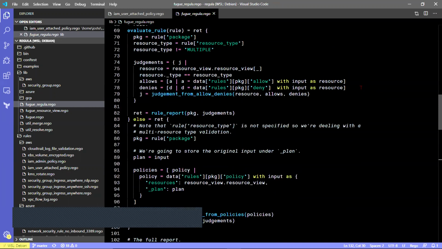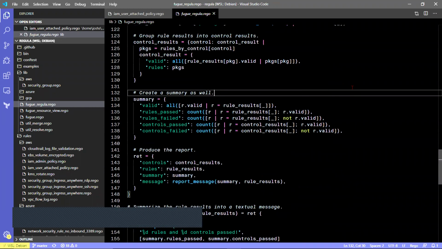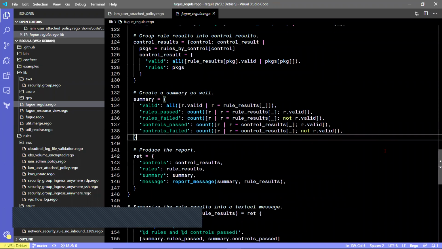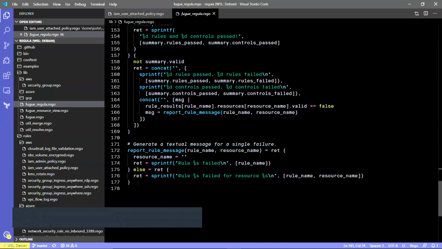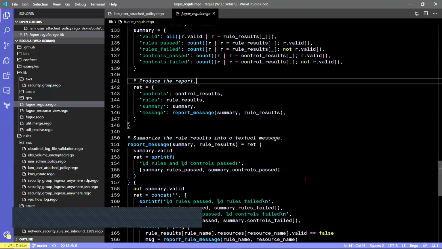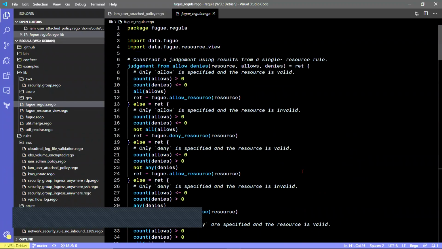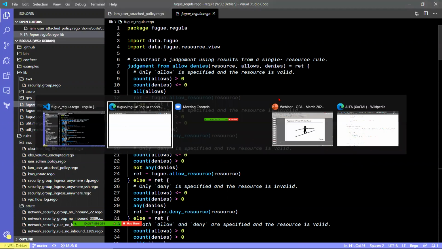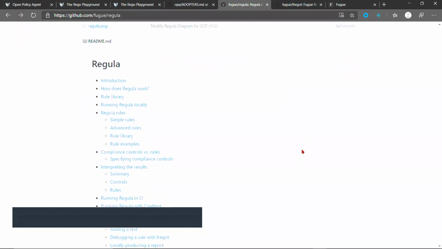So a bunch of utility functions that can be called. And this just shows that you can do real software engineering, real programming using Rego. And even so, it's less than 200 lines of code. But you're not typically going to see the ability to do creative and innovative and useful work in these proprietary kinds of languages. So one other open source project that we've released at Fugue to help you with OPA,